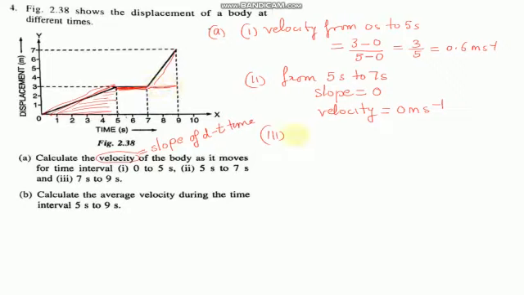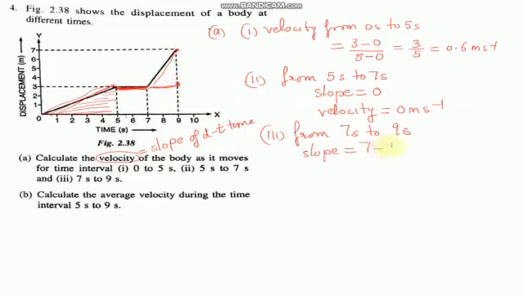So what will be the slope? So we are finding from 7 seconds to 9 seconds, which is this portion. What is the slope? Slope is perpendicular height over the horizontal height. अब ये perpendicular height क्या है? That is 7 minus 3. This point is 7, this point is 3.